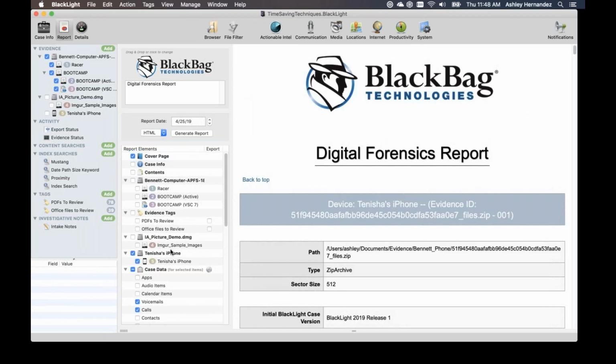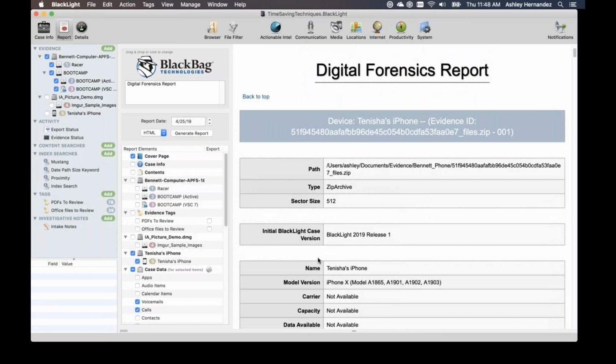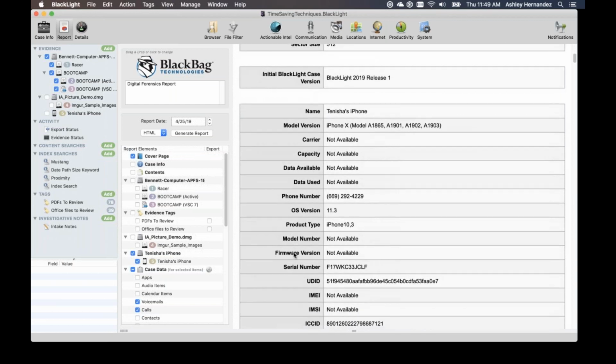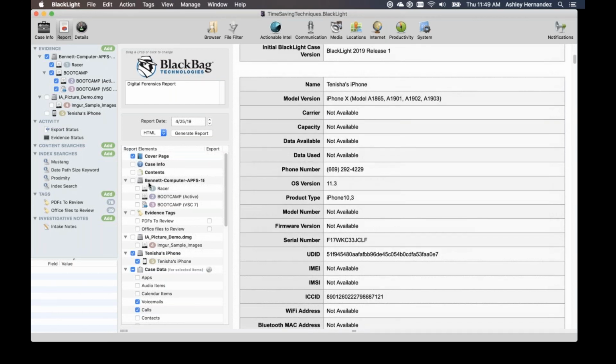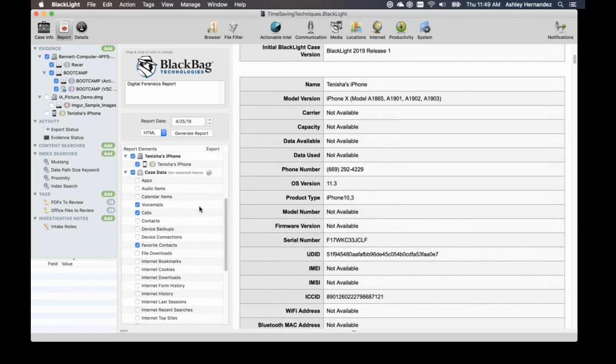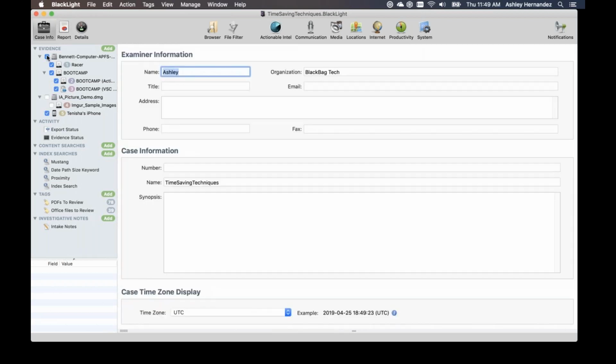If the investigator just wants to know, who has this person been talking to, who have they been calling, are there any other people that are important for us to focus on, you can quickly, without having to do additional processing or anything else, bring in the phone and choose to just give them the basic information about the device by selecting the device, and then choose under case data that you only run a report on this selected evidence. In this case, if I want to do it just on Tanisha's phone, I can choose that one, and I'll unselect these.